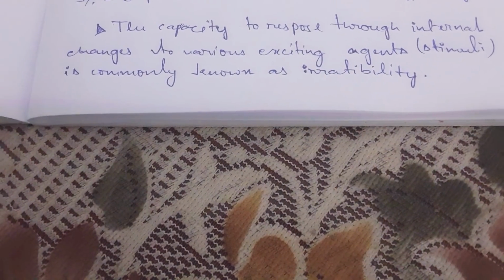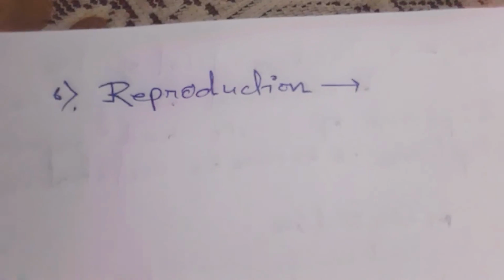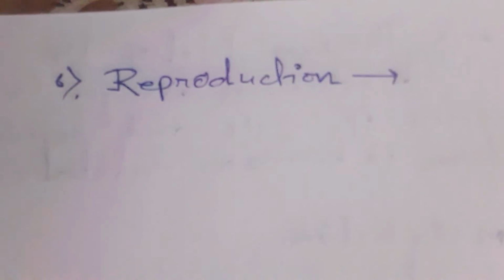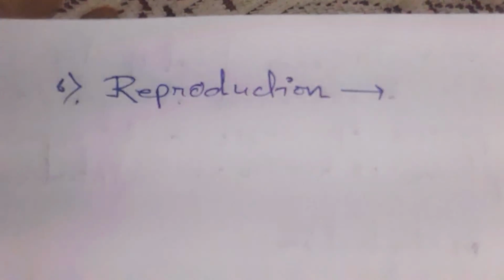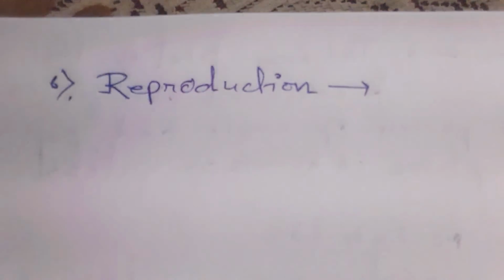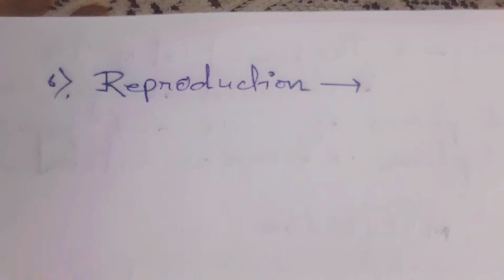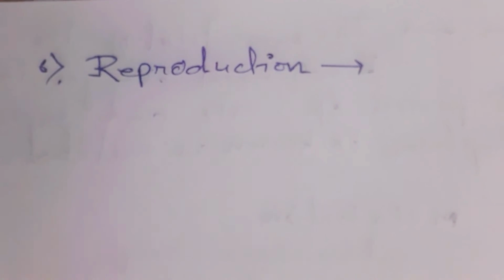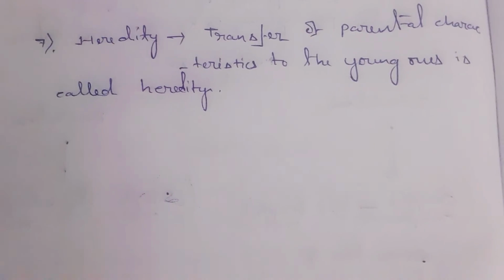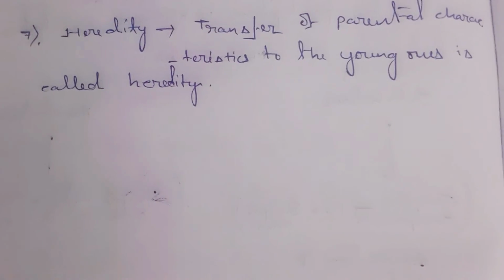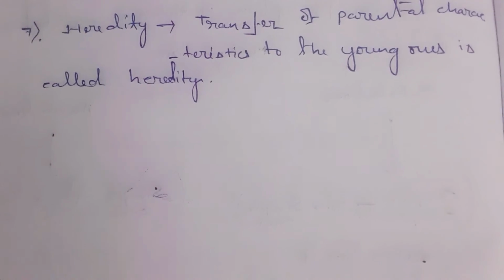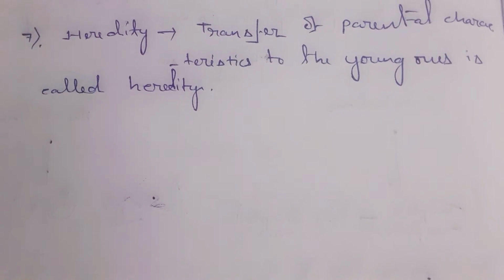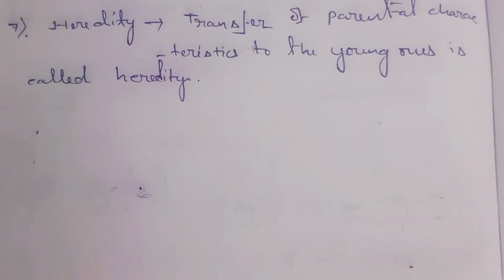Okay. Fine. Let's go. So the next most important topic is reproduction. Now, life means reproduction. You see, life without reproduction cannot be called life. So everything reproduces. Not a single thing remains unreproduced, to maintain its species. Reproduction is another main point. Put it down. So this is a key definition of heredity. The transfer of parental characteristics to the young ones is called heredity. Now the carrier is DNA, we all know that, and the more precise carriers are genes, which are located in the chromosomes.